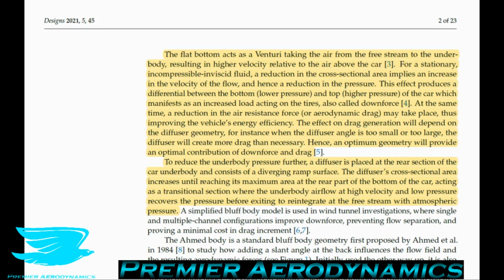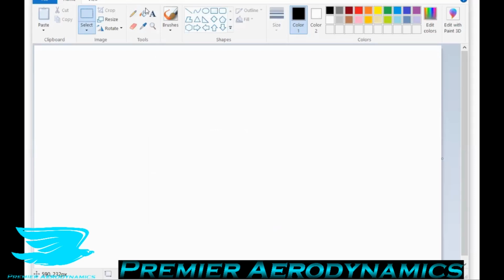So the effect of drag generation will depend on the diffuser geometry. For example, when the diffuser angle is too small or too large, the diffuser will create more drag than necessary. So for example, if it's too large, you can get separation around the diffuser. So most diffusers, at least traditionally, were quite